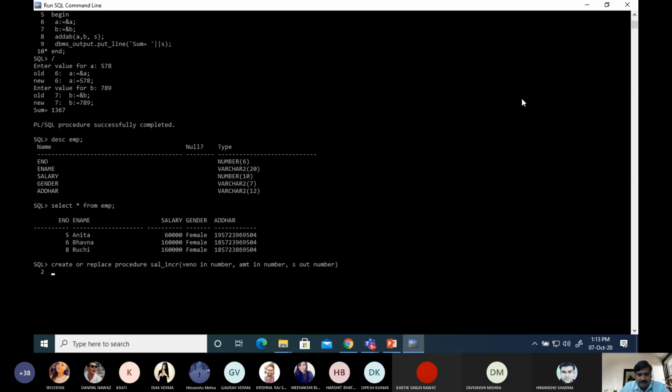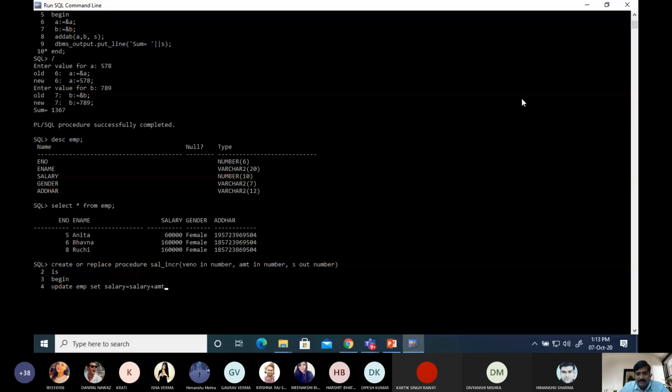Then is, and in the executable section we will write the command: update employee set salary equal to salary plus amount.